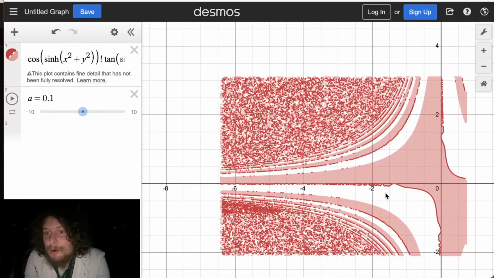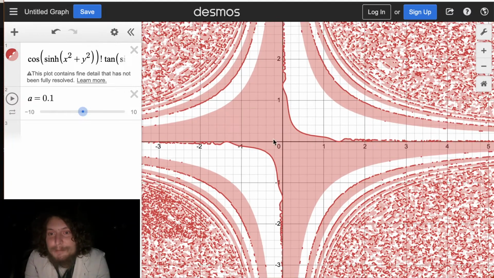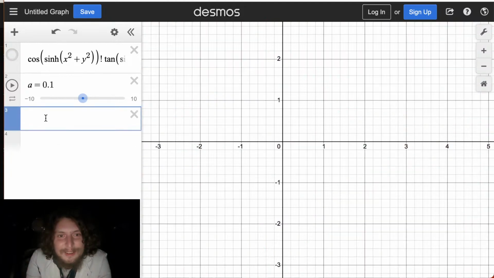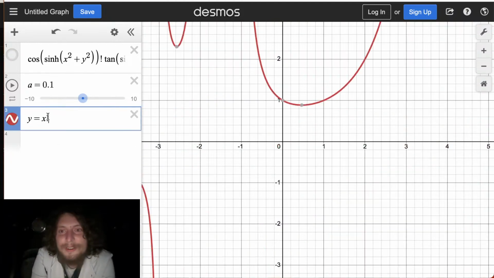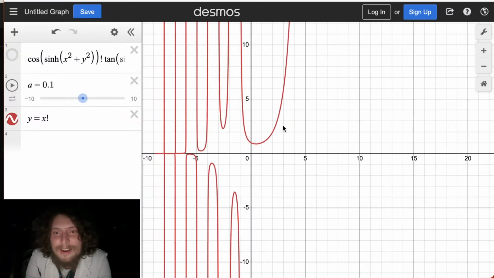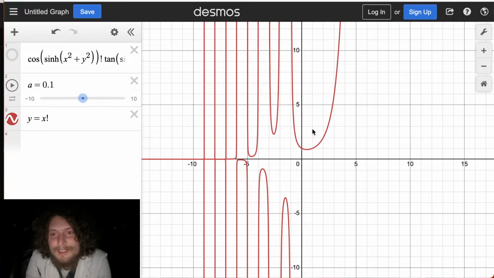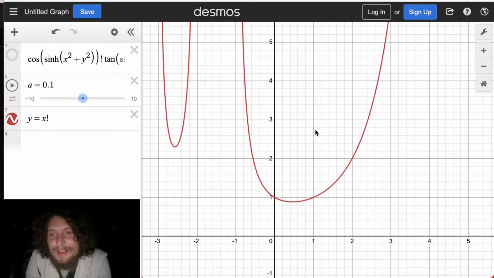I will at some point make an episode about the gamma function, which explains, well, what are you talking about when you say this is 0.5 factorial or stuff like that? I mean, we're not saying it's 0.5 factorial, we're saying with this equation, but if you were to look at just y equals x factorial, what are we talking about here? Why did the negatives do that? And what does it mean that 2.5 factorial is that?